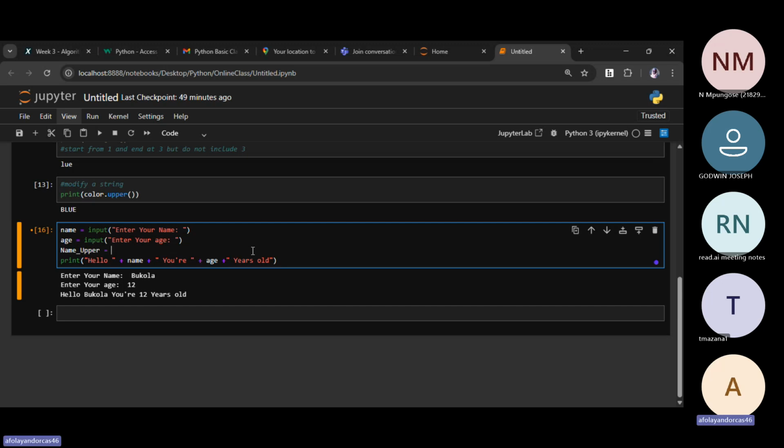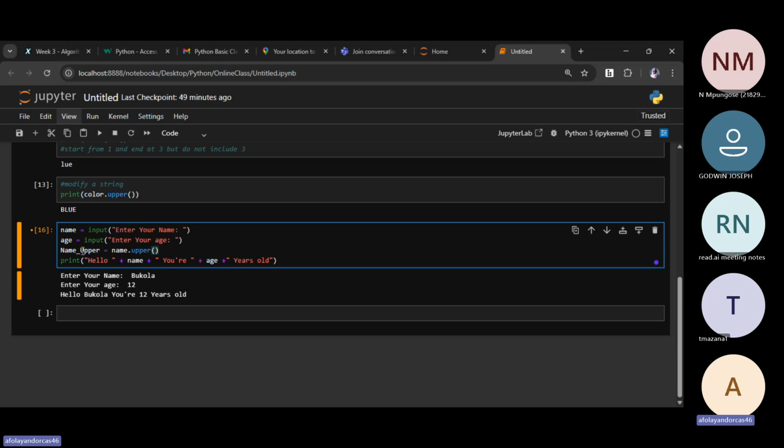I can actually create a variable for this. I can say name dot upper.